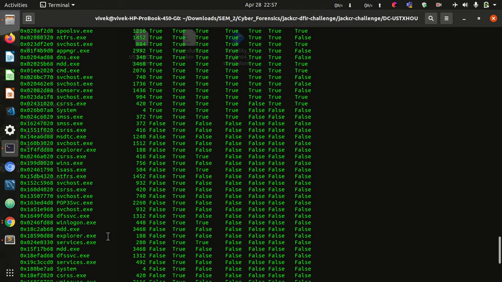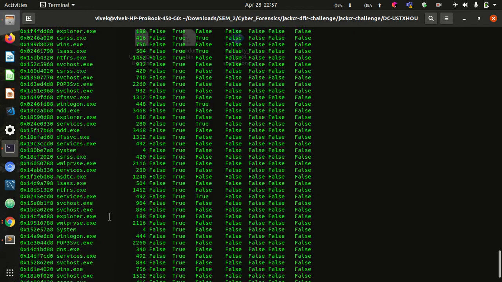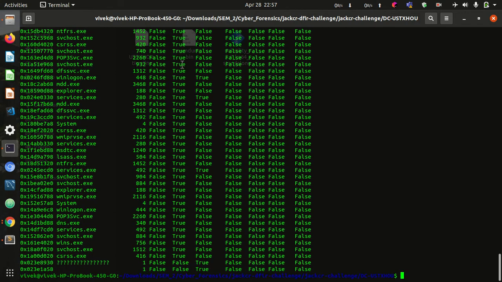There are other processes also that were not listed in the pslist command. They are flagged as false here. Here we can see that for this process the process name is not there, so we can guess it might be a malicious process.